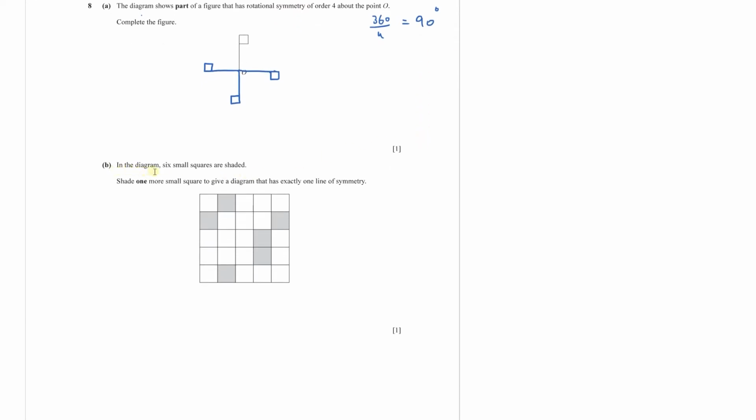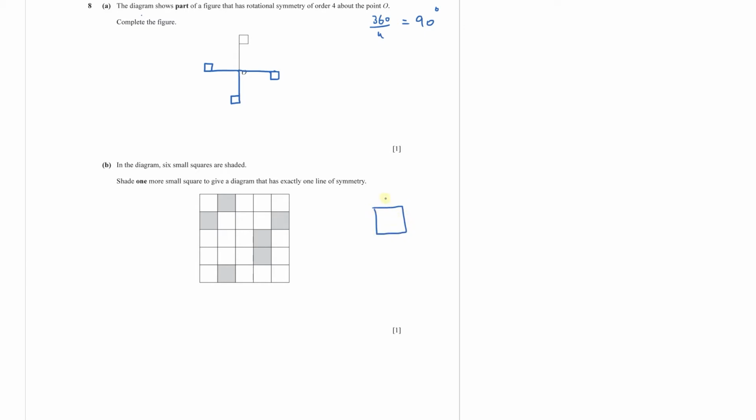Part B: in the diagram, 6 small squares are shaded. Shade one more small square to give a diagram that has exactly one line of symmetry. So if you look here, you have 1, 2, 3, 4, 5 and 1, 2, 3, 4, 5. So this is a square, the big shape here. So if you have a square,